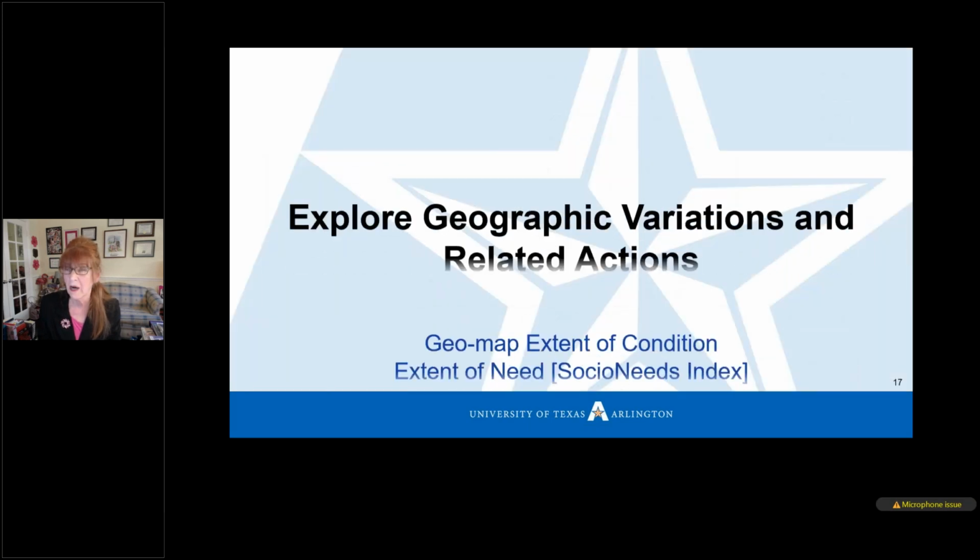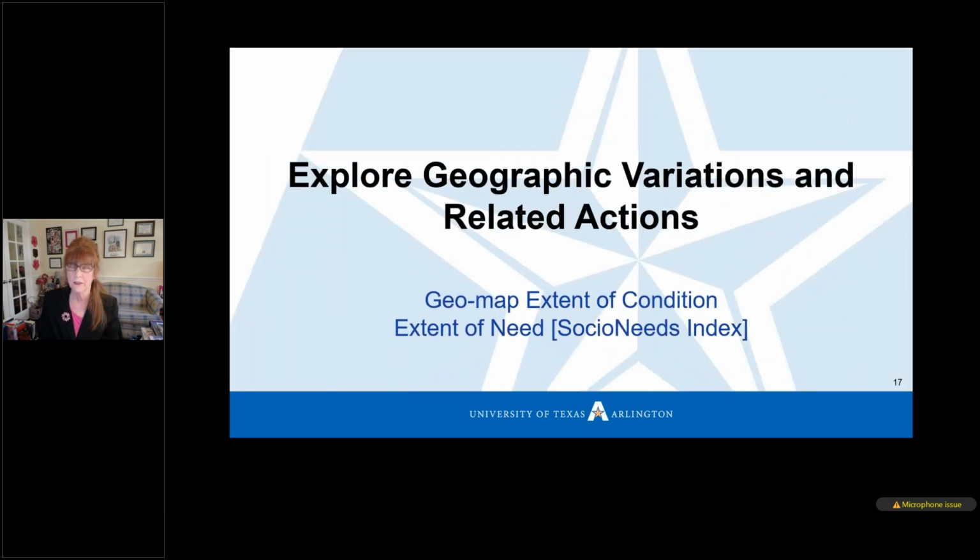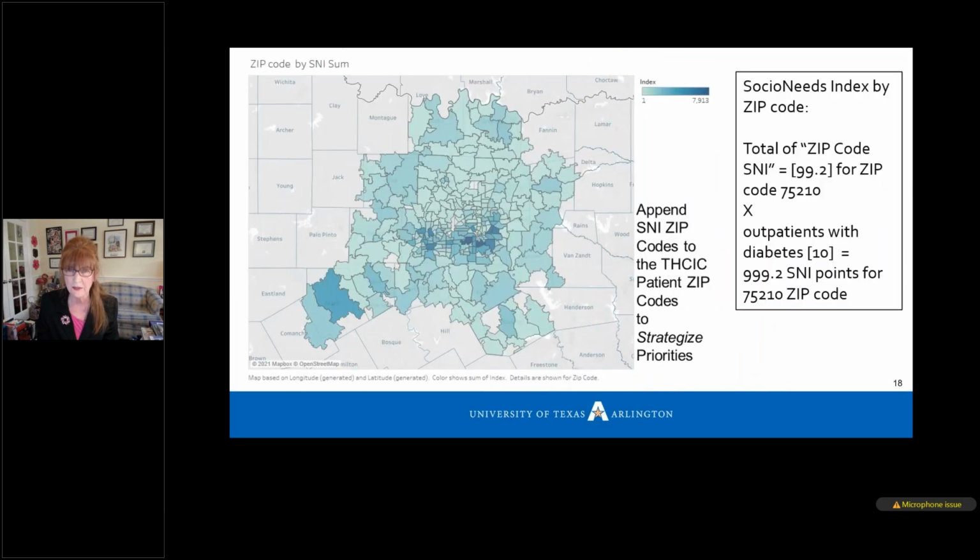So again, a characteristic of that particular zip code. Now, taking that information forward, I'm thinking this index looks like it makes sense to me. Here is what I did, and I show the students to do this: social needs index per zip code. So I take the actual zip code social needs index amount, remember 99.7, in this particular case 99.2 for this particular